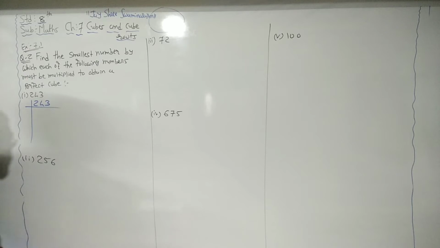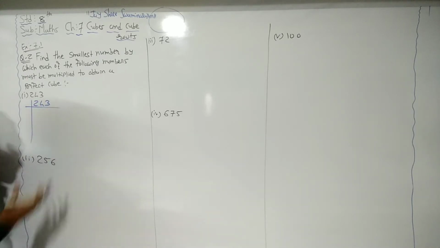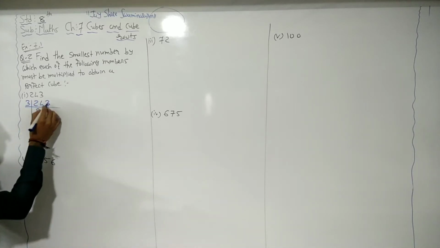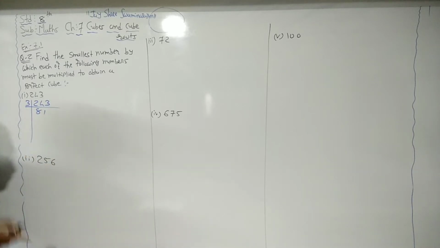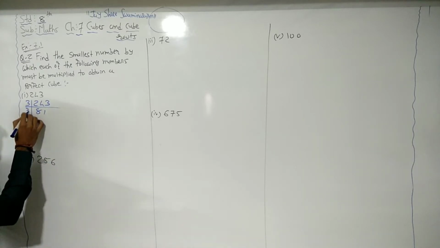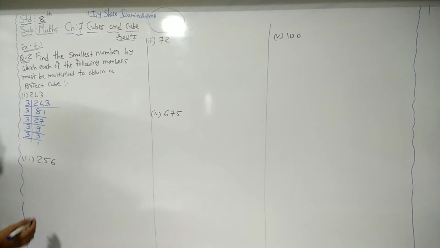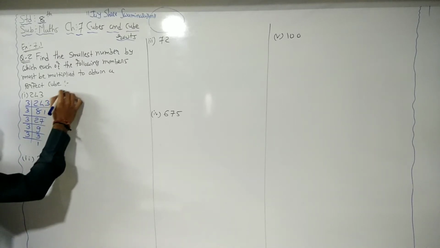Now, this is not an even number, so we cannot divide by 2. Now 2 plus 4 is 6, plus 3 is 9. 9 is divisible by 3, so this number is divisible by 3. 3 eights are 24 and 3 ones are 3. Now for 81, we know that 27 threes are, and 3 nines are 27. 3 threes are 9 and 3 ones are 3. Now the cube root of 243.